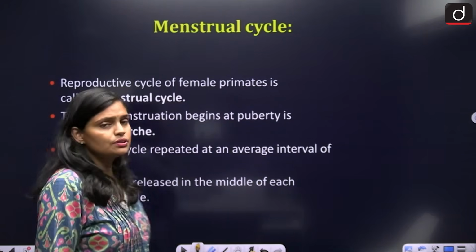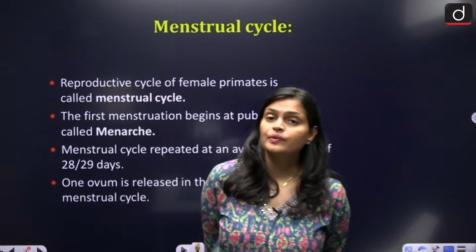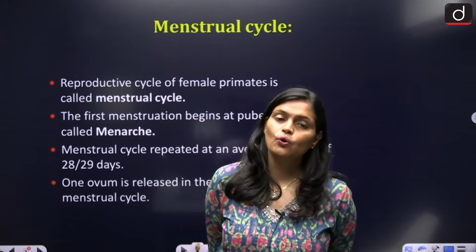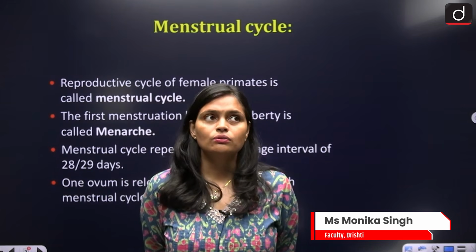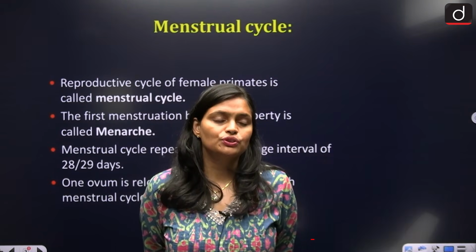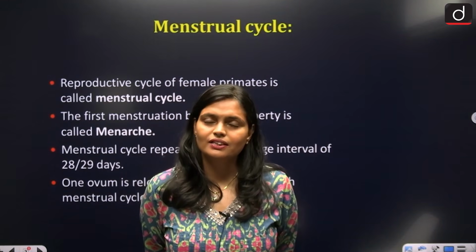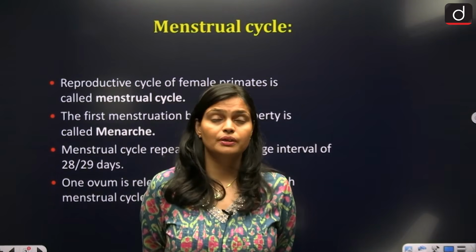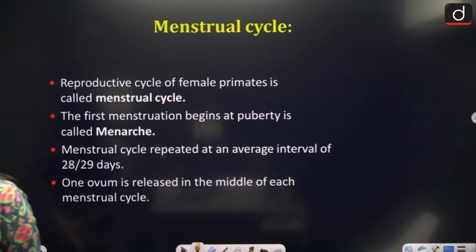In the previous lecture, you have done with oogenesis and spermatogenesis, right? Oogenesis is the formation of ova. Now, if you talk about the formation of ova, we can say that it takes place within the ovary, and it is started before birth only. Like spermatogenesis starts after birth, but oogenesis starts before birth only.